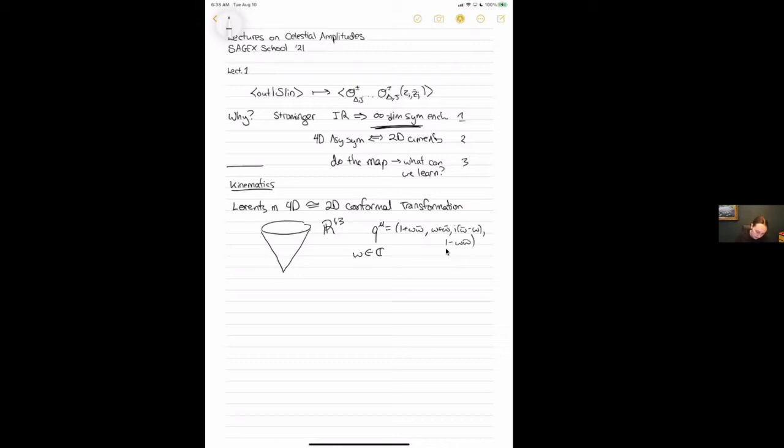So given that embedding, basically what I have then is I can do Lorentz transformations in this embedding space, and that will amount to doing conformal transformations on these W coordinates. So essentially what's going to happen is that X^mu is going to map to M^mu_nu X^nu, while W will undergo a Mobius transformation.